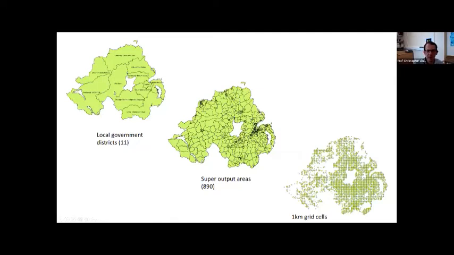We know that there are population centres, and that's where most people are located, particularly in the more rural areas of the west of Northern Ireland. We find, obviously, that people are very much spatially concentrated into very small areas. Even if we use something like super output areas, of which, as I've said before, there are 890, you can see that these are very small in places like Belfast and Derry, Londonderry, and other urban areas, and they're very large in rural areas. So if we were looking at accessibility, ideally we would know where people live, particularly within these rural areas, because if a population concentration is in the far west of a region, but our facilities are in the far east, then we have a poor mismatch.